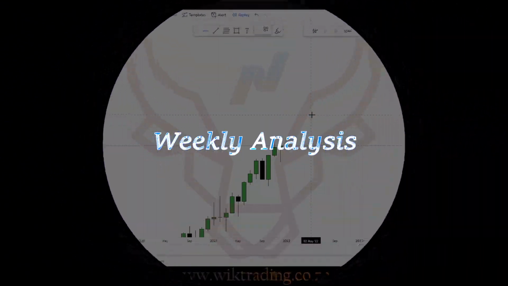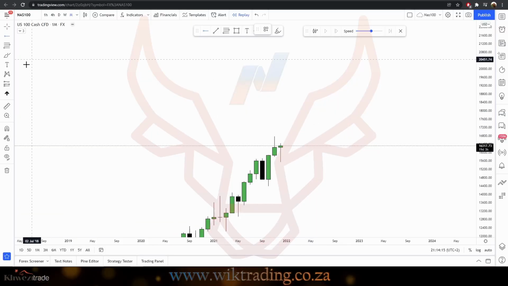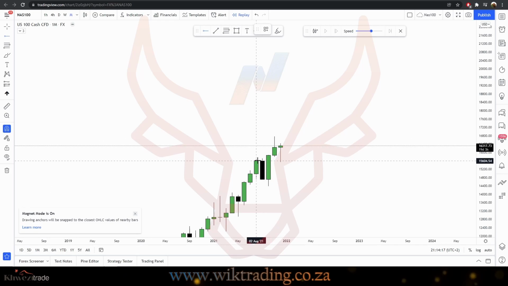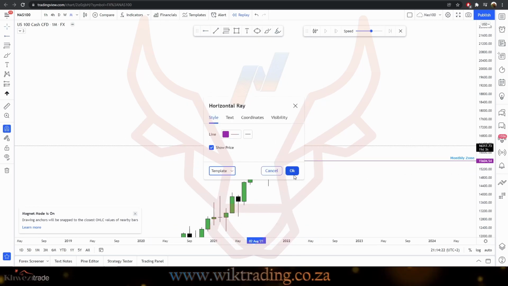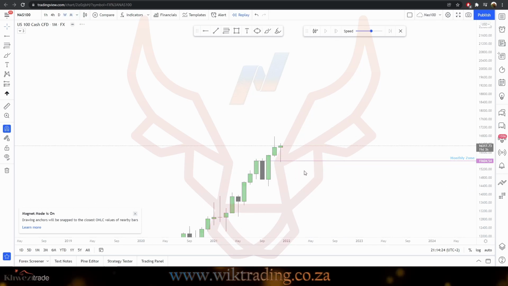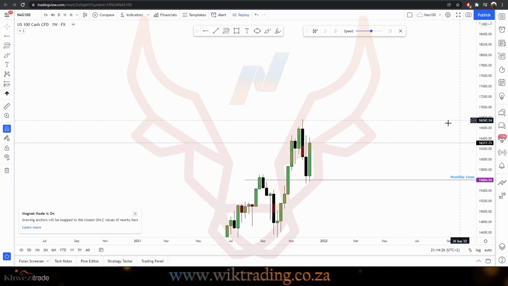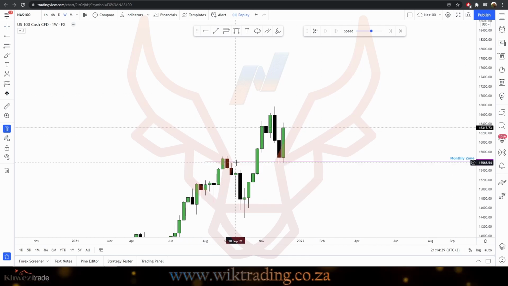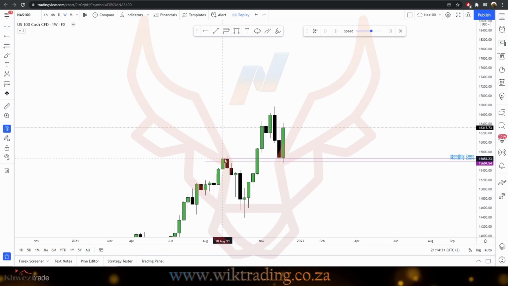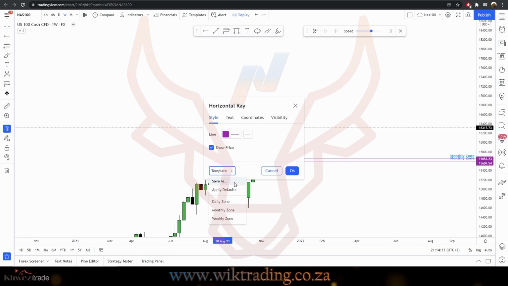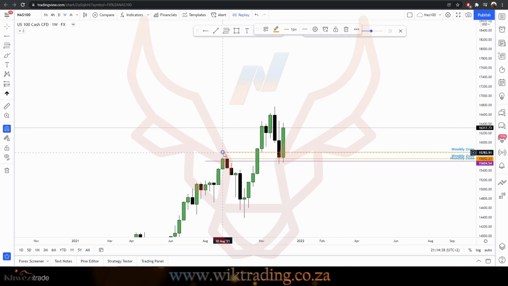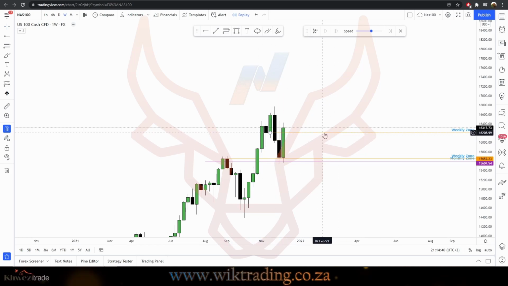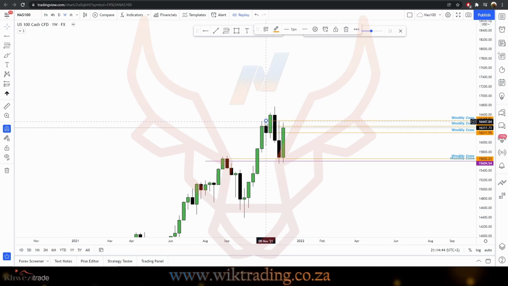Now as always, let's start by marking off the most important areas on the chart. The first one is our monthly zone that we've got round about there, and let's just mark it, our monthly zone, and then we go down to the weekly time frame to mark off the weekly zones that we have. And the first weekly zone is just above this monthly zone. We change it to a weekly zone line and then mark off the other weekly zones. We've got one there and we've got one just above it around about there, and then the top one here